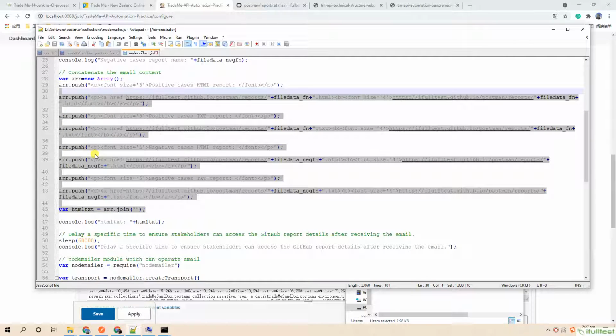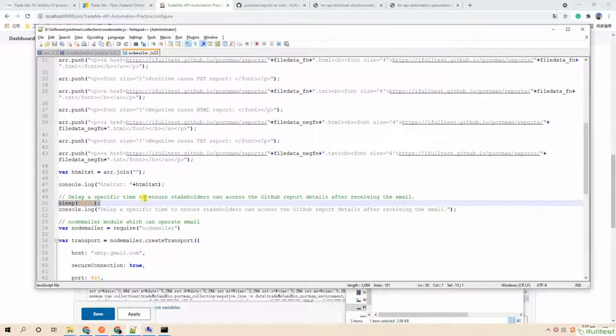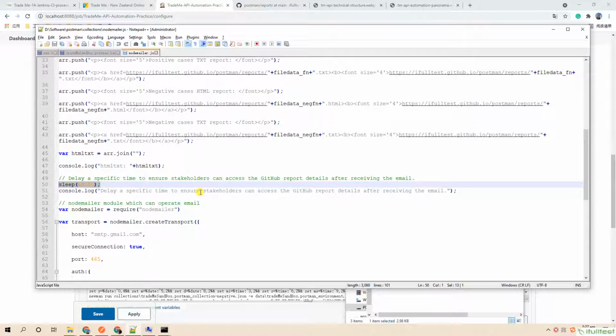Third, set a 60-second sleep time to delay the email sending operation, in case our email has been sent to stakeholders but the GitHub reports haven't been generated yet.